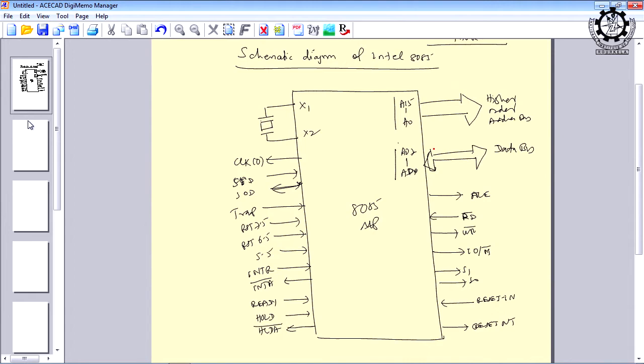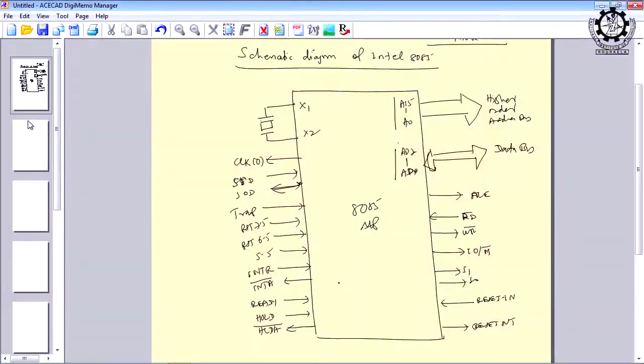So, if I say the total number of signals for microprocessor 8085, we can classify them into three types. One is the address signals, second is the data signals, and whatever remaining signals you see in this diagram, they are all control signals. Again, we can further divide the control signals into various types, but as an overview, every microprocessor's signals are divided into three broad categories: address signals, data signals, and control signals.